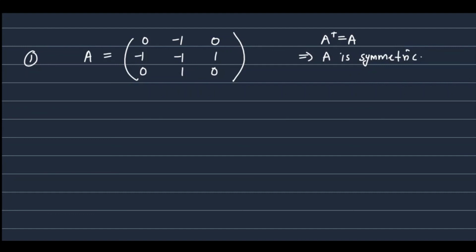Now we have to find the eigenvalues. So find the characteristic equation and find the eigenvalues. The methods for finding eigenvalues and eigenvectors were discussed in the previous lectures, so here I will write the answers directly. The eigenvalues are 0, 1, minus 2. We can see that the eigenvalues are all distinct. So it means that the eigenvectors corresponding to these eigenvalues are orthogonal. Now we will write the eigenvectors.